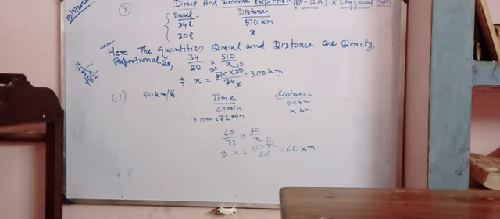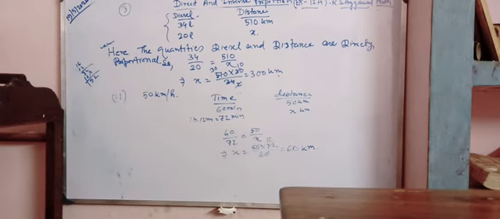Next, move to question number 12. Ravi walks at a uniform speed of 5 km per hour. What distance would he cover in 2 hours 24 minutes? The question is similar to question number 11. Now his speed is 5 km per hour. That is, in 60 minutes he covers 5 kilometers. Now here 2 hours 24 minutes means 144 minutes. So in 144 minutes, how much distance does he cover? So the process is similar.